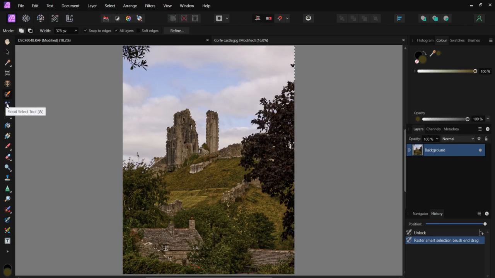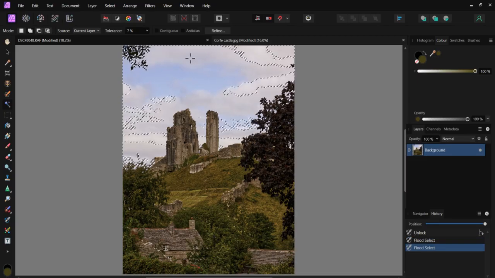And let's look at our flood select tool. Go back to the beginning. So we're now going to the flood select tool. It doesn't come up with a large brush, but if we click, it is selecting that particular color and tonal range across the image. Now, if we go back up here, as before, we have the option to add and subtract. If we click add, and we'll click on a different area of sky,